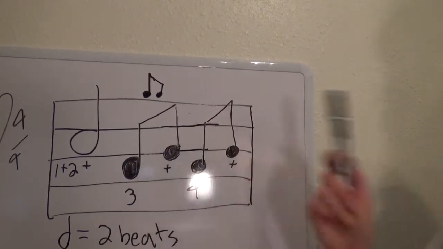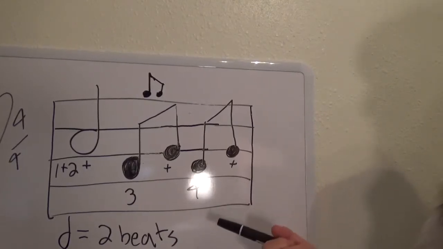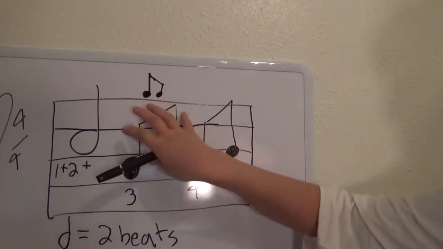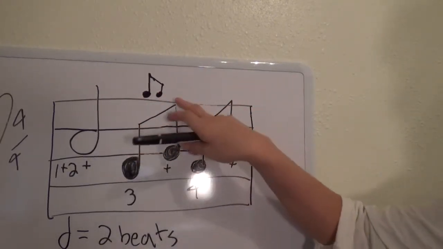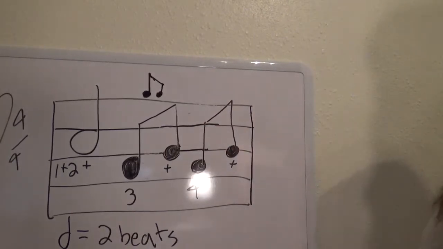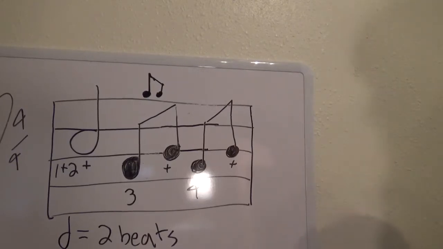So each of these eighth notes is going to be a half a beat. So together they're going to equal 1 beat. So if you look, we still have those 4 beats. We have the 1, 2, 3, 4, because these together are 1. They're half each. So this is where we're going to use that upbeat. Okay? So the way we're going to count this,